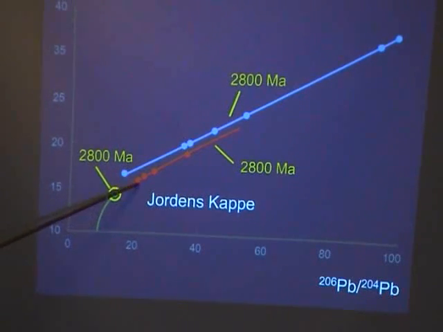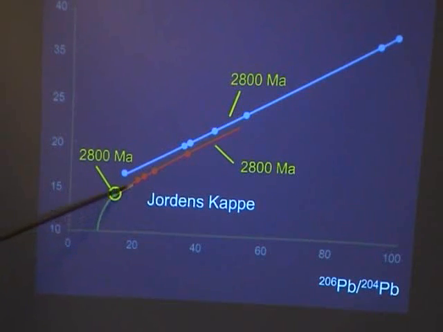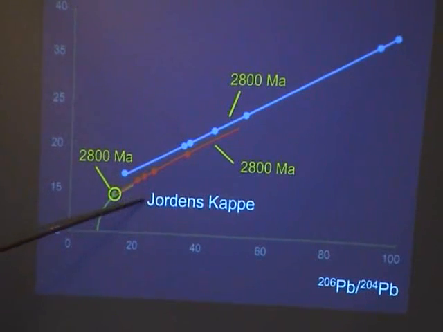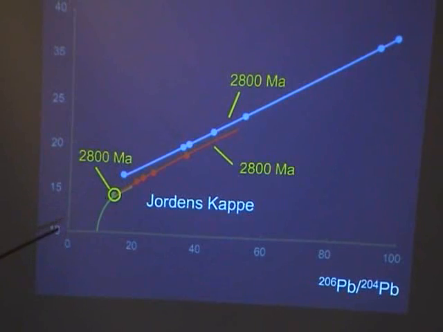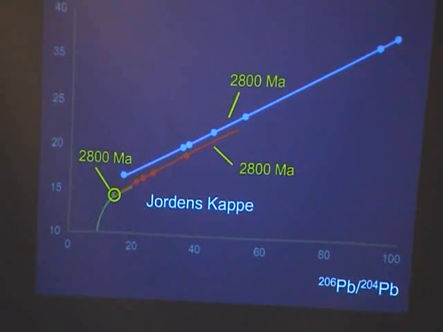This is this little pathetic green thing here. And most rocks we analyze will fall somewhere under this curve, somewhere in this general area. But what you see for these sediments is that they are extremely radiogenic in lead isotopes. That is in itself interesting because that shows you that the sediments were rich in uranium. This is exactly what you see today in organic-rich sediments